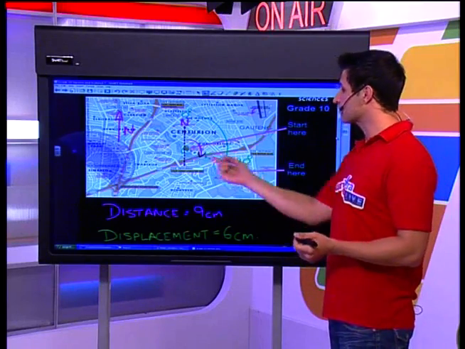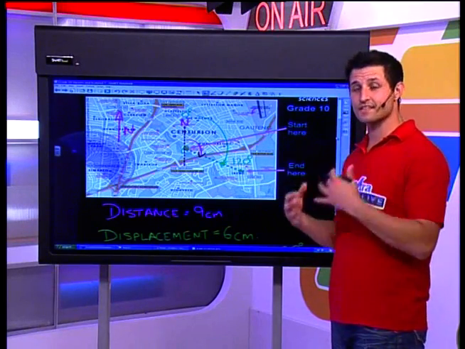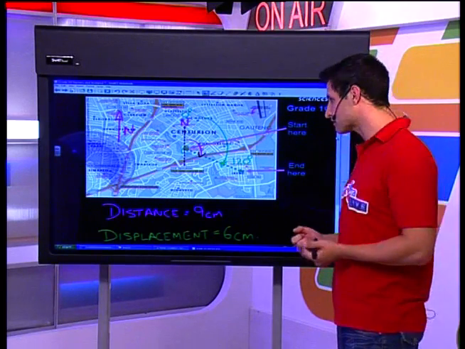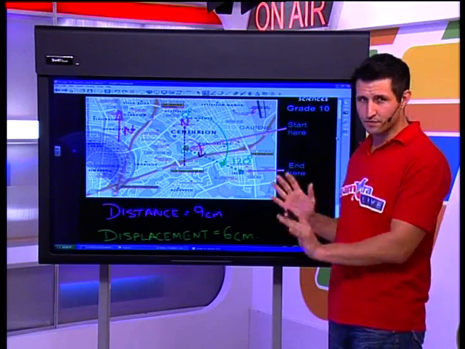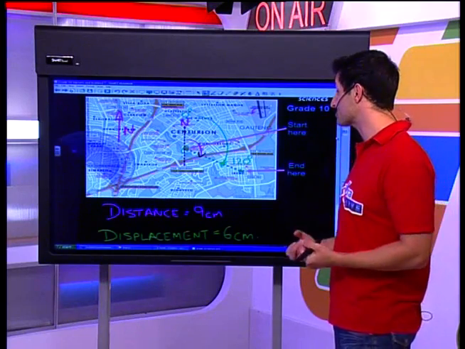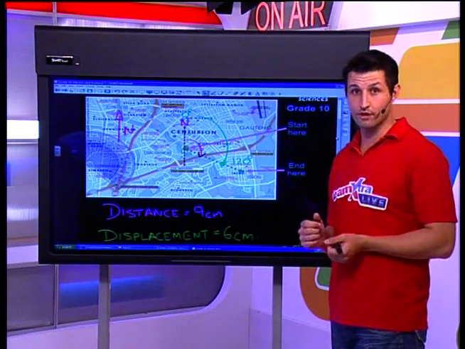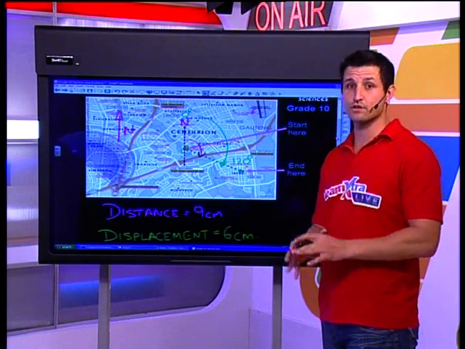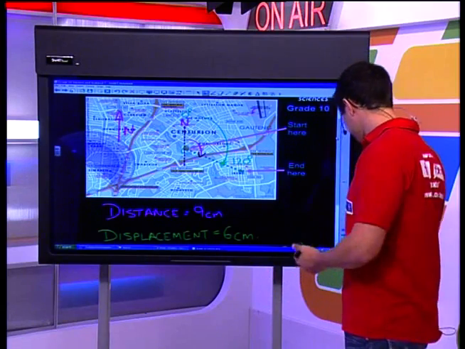How would I write in this green arrow? I would say that that is 6 centimeters on a bearing of 120 degrees. Now, a lot of people are not that comfortable using bearing. That's okay. We're going to be working with it quite a few times. I hope that you saw that we could measure this directly off our map. We were quite lucky because the map was already facing north. Always make sure that you know where that is.